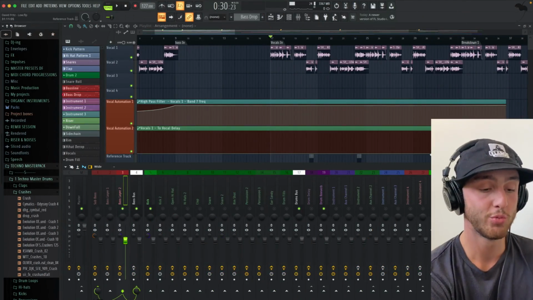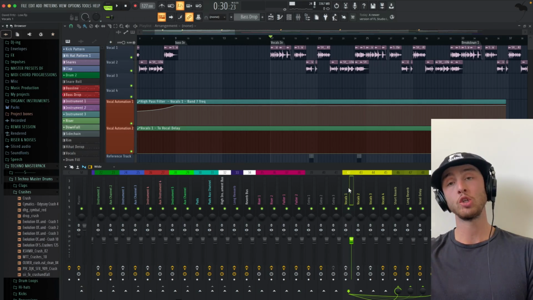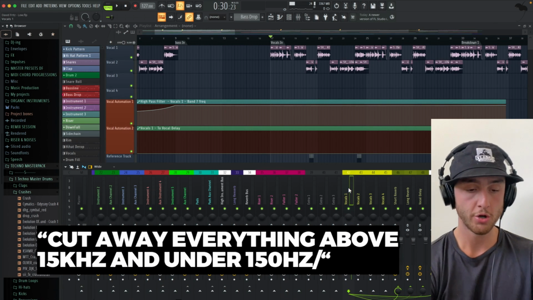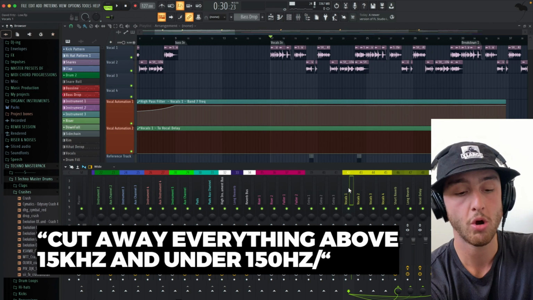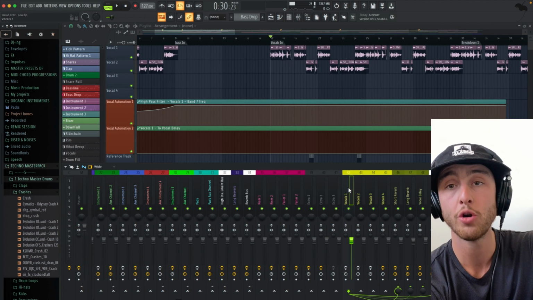The next plugin, which is really crucial, is the EQ. And the basics for every EQ is cutting away low frequencies below 150 Hertz and also cutting on top away frequencies which are not necessary. For example, everything above 15,000 Hertz. We're going to do this example based on the vocals because the vocals have a lot of low end information,